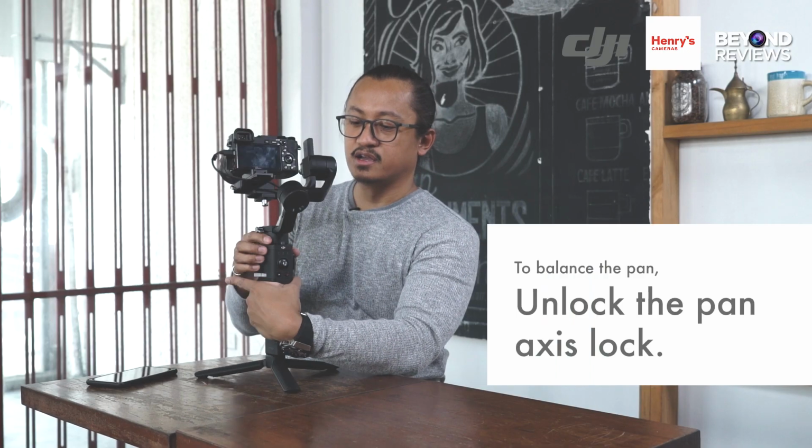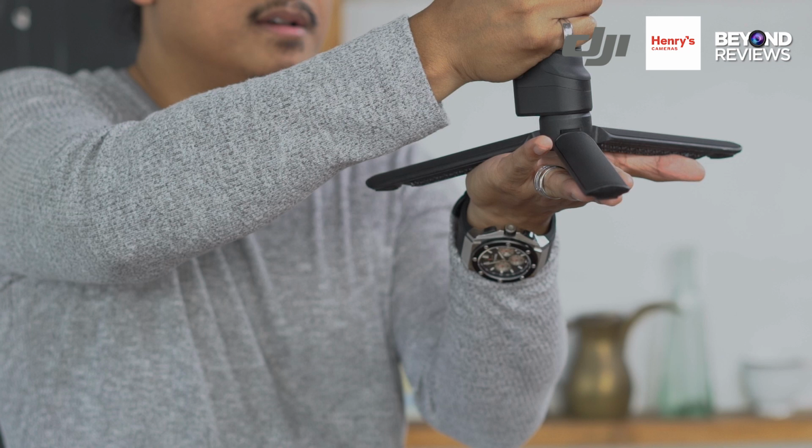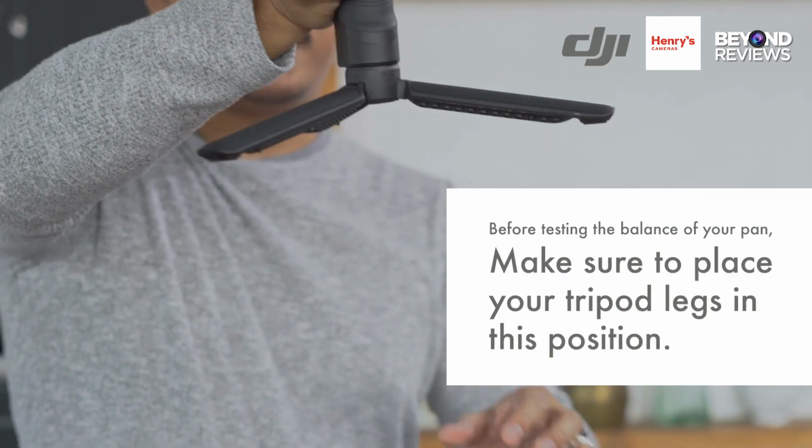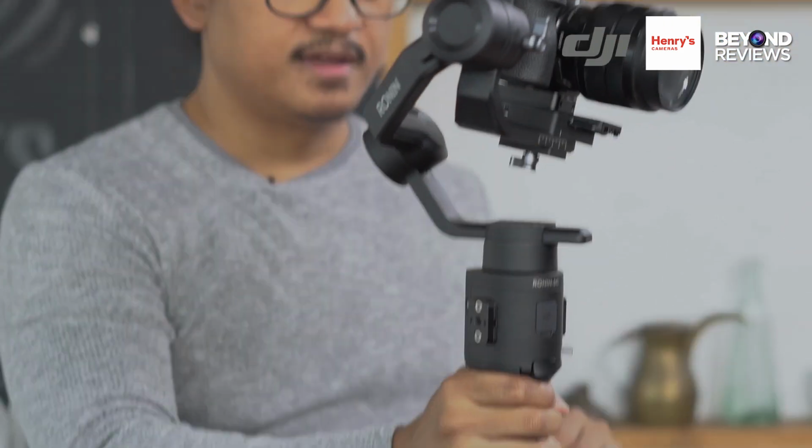So I'm going to unlock it over here. There we go. So that's unlocked. And to balance this, you're gonna move it forward or backward, right? And the balance here, take a look at this. You have your tripod leg of your Ronin-SC this way. So 2 are facing that way, 1 is facing the back. And to balance that, just as an example, I moved it a little bit back, and take a look at where it's gonna go, right? So to balance that, the pan,